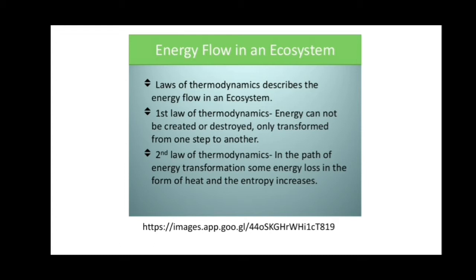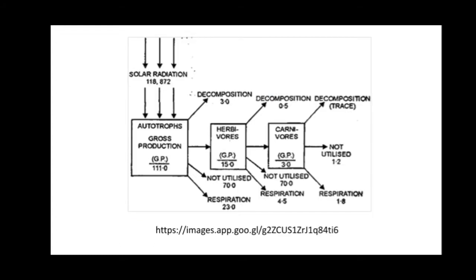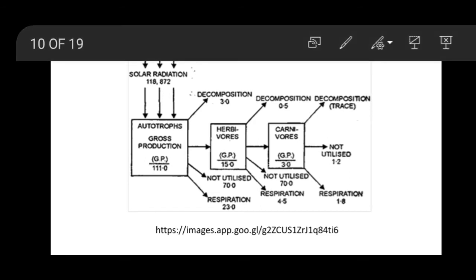The second law of thermodynamics states that in the path of energy transformations, some energy is lost in the form of heat. Here you can see the model, that is the single channel energy model. You can see in this model the solar radiation